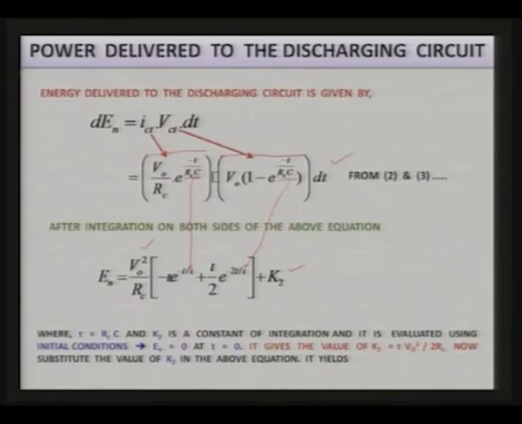k 2 is a constant of integration, and it is evaluated using again the initial conditions, that is, the energy supplied at time t equal to 0 will be 0. It gives the value of k 2 equal to tau V 0 square divided by 2 RC. This value of k 2 can be placed over here. Then substitute the value of k 2 in the above equation, it will result